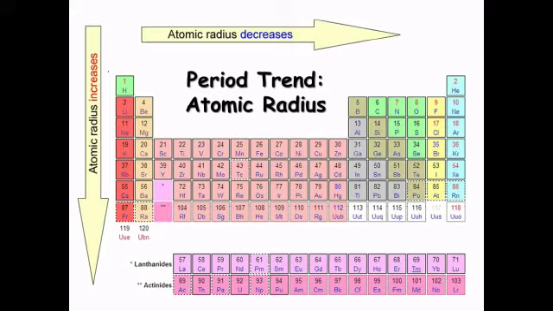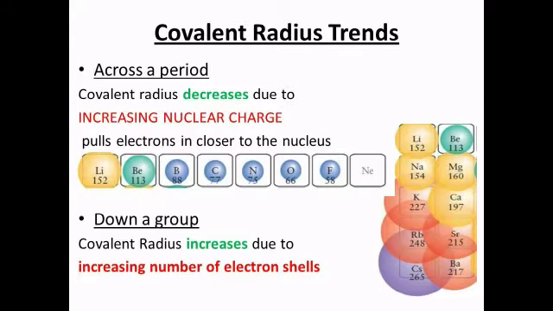The increase down a group is due to the increase in the valence shell number down the group. As the shell number increases, the distance between the valence shell and the nucleus increases. In contrast, when you observe along the period, the shell number remains the same but the number of protons increases. More and more positive charges impose a strong attraction over the electrons, and thus the electron cloud shrinks towards the nucleus, which results in the decrease in the atomic size. This is how the atomic radius decreases from lithium to boron.